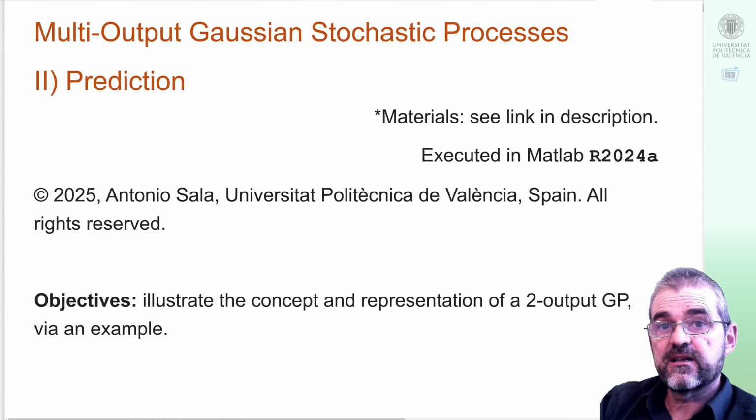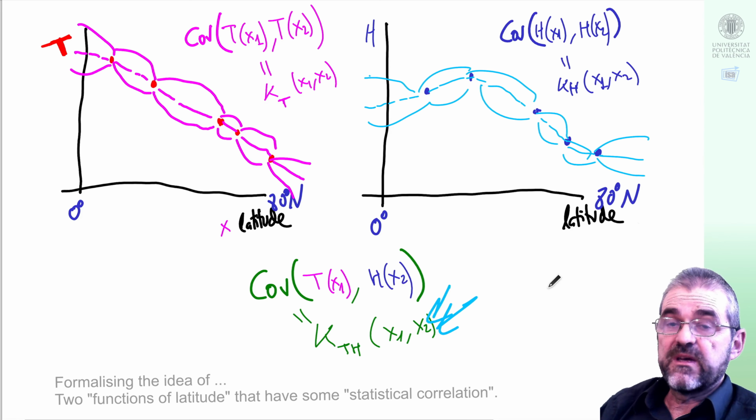Hi, I'm Antonio Sala, and in this video we are going to continue with an example of multi-output Gaussian stochastic processes, and in particular we will discuss prediction given some samples of such processes. If we summarize what we did in previous videos, we may consider two variables that depend on an abscissa,